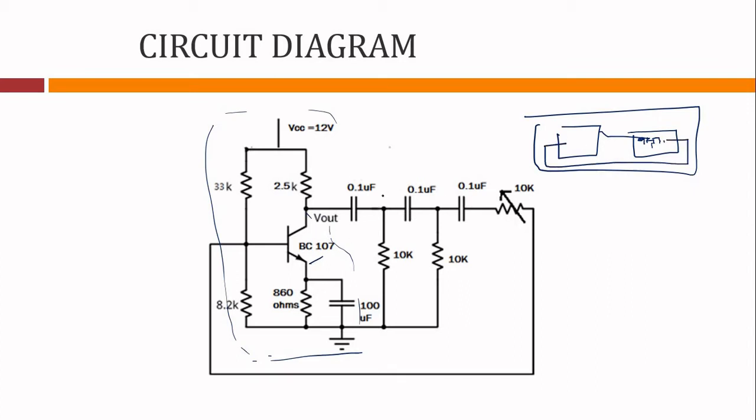There are two things happening here. One is, at every point the signal is shifted by 60 degrees, and also the gain of the signal is getting reduced, meaning by the time it reaches here the output is reduced as compared to this point. Here the signal becomes very weak, very small, and it is connected back to the input of the transistor, and this transistor has to replenish the lost signal. That's the job of this particular amplifier circuit. And without fail you have to connect the capacitor here, a bypass capacitor, so that we are not allowing any feedback that will interfere with your input signal.